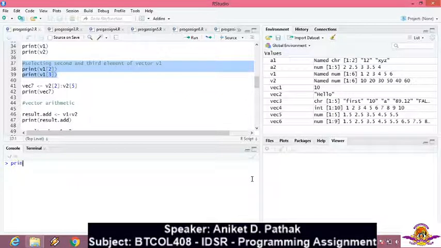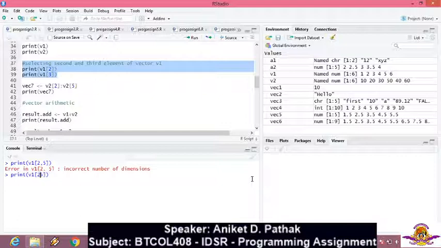So now let's check by using this command print v1, sorry, v1 we want it from 2 till 5. Let's see whether we get the output. No, it is not possible. It is not possible because we are not having the indices. Okay, instead of comma, whether colon will be applicable. So instead of comma, you have to use the colon. So to print from a position x to y, you have print vector in square bracket from 2 colon 5.